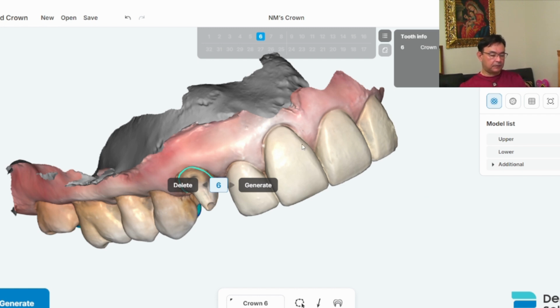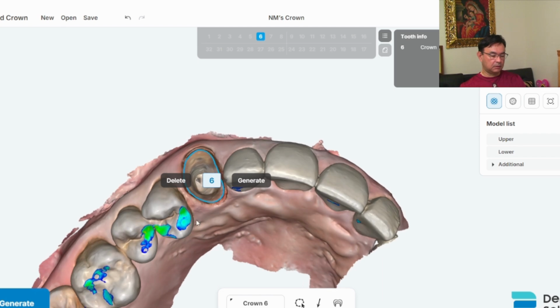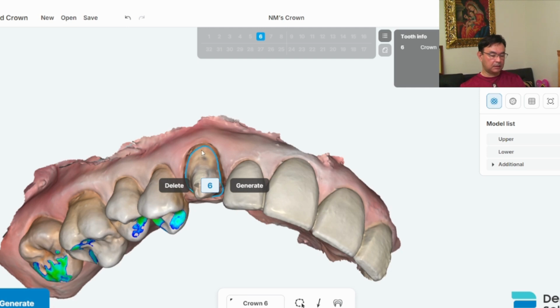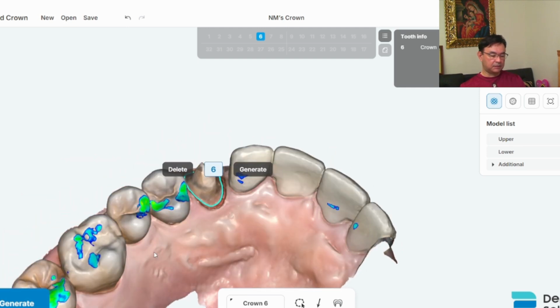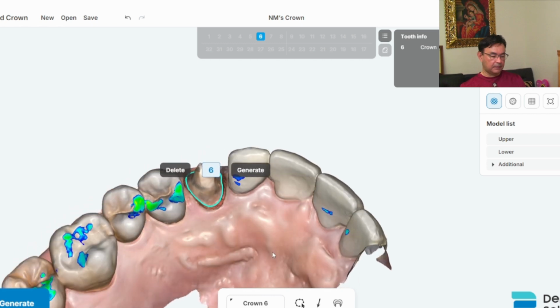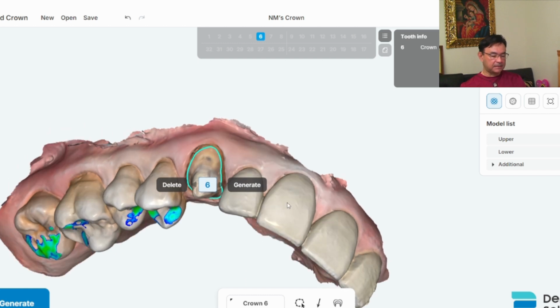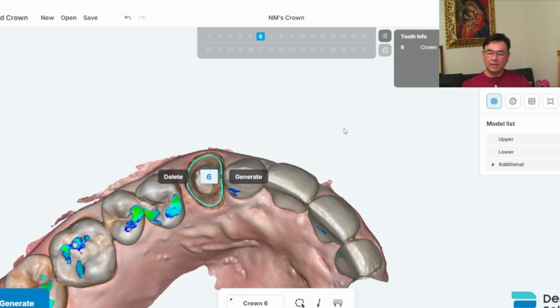I have cleaned up the tooth and redefined the preparation, and what you see here, this blue line, is the finishing line for the crown. So with the software, I go ahead and design this line. In the past, we used to send the impression to a lab, and in the lab the